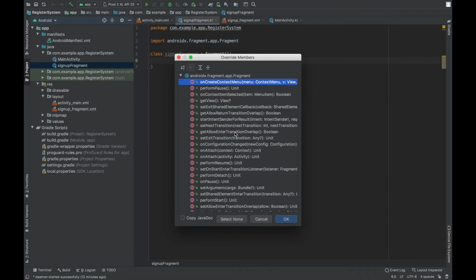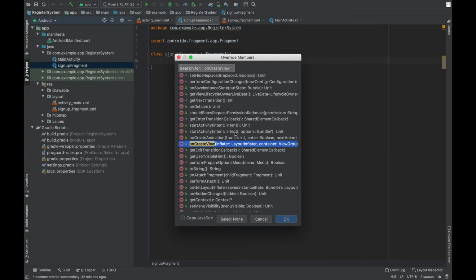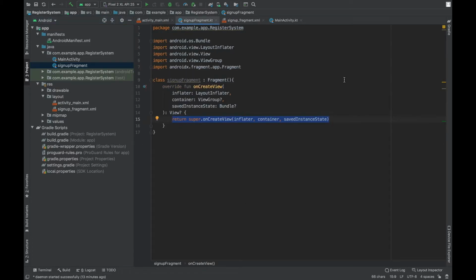Now press on create. Here you have onCreateView, LayoutInflater, container, ViewGroup and savedInstanceState. Click OK and your method is overridden.